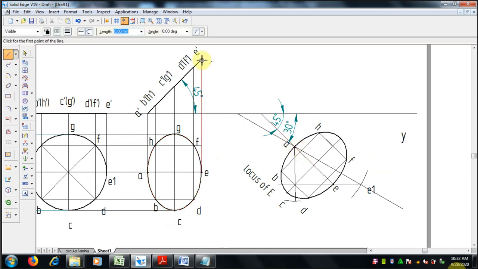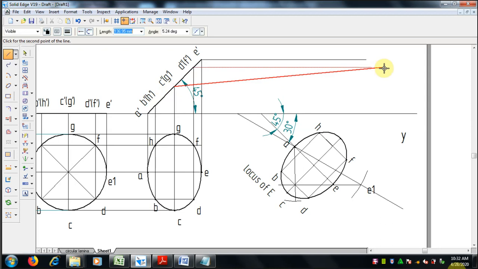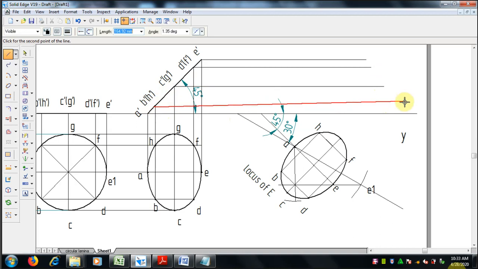Now the top view after the inclination is over, then we have to draw the front view. To draw the front view you have to project the lines from the second position, that is the inclined position, and from the top view you have to draw the projector lines by selecting 0.13 mm line thickness.